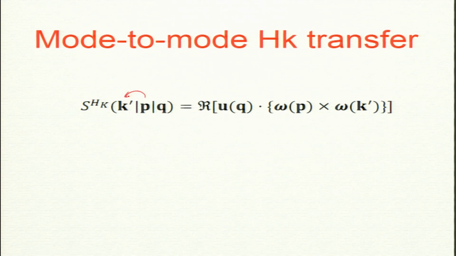So, P to K prime. That is what we want, but I normally write wave number P to wave number K prime, not saying who is giving what, because U and U dot omega. So, P to K: the cross product of omega with omega. This is a giver, this is a receiver. So, omega cross product of giver and receiver, and the mediator is just UQ.